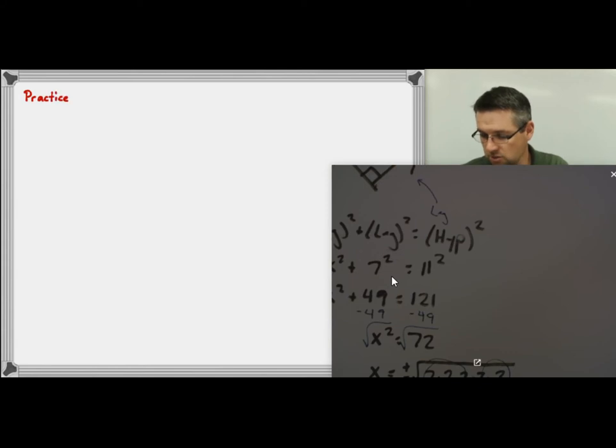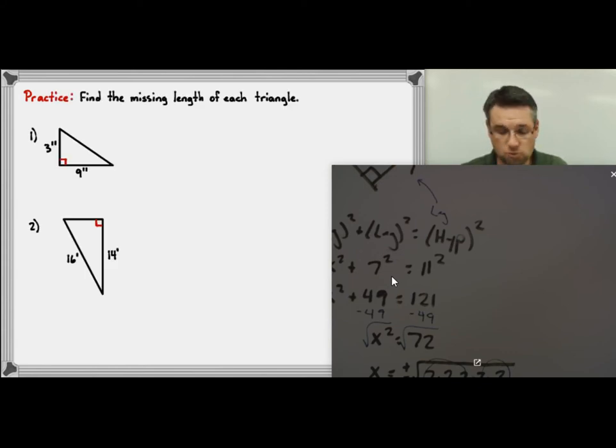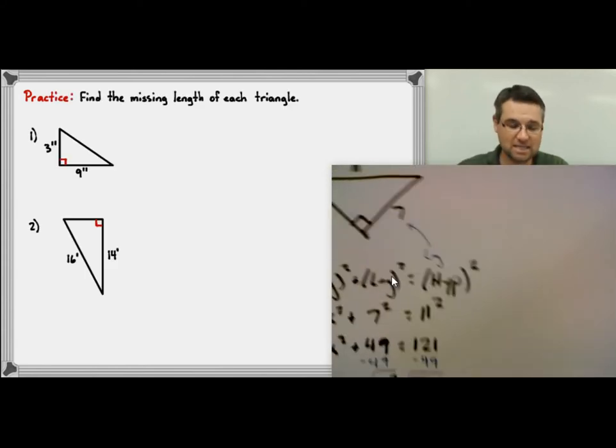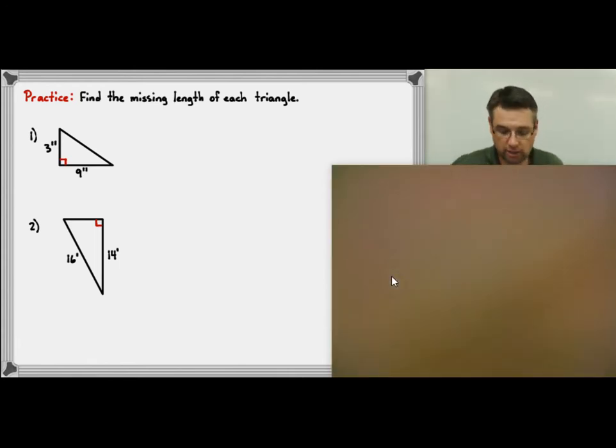All right, so here's some practice problems that I'd like you to do. Two right triangles, I want you to find the missing sides of each of those triangles. Go ahead and pause the video and see what you come up with, and then push play to see if you are right. For number one,